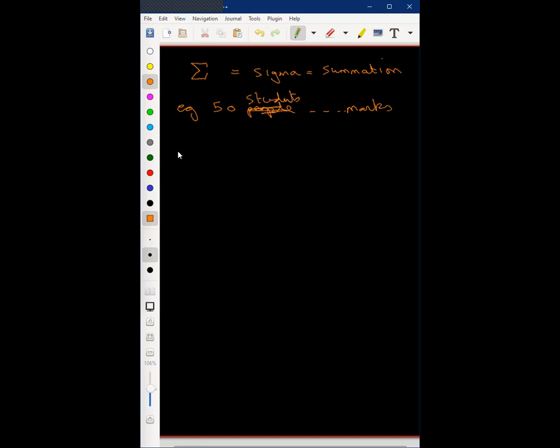So when we know the formula, the formula of x bar is x1 plus x2 plus x3 till x50, right? Are you going to write all of this down manually upon 50? Are you going to do this x4 plus x5 dot dot dot till 50? Can we practically do this? What if there were 100 people? What if there were 1,000 people? So there is an easy way to express this.